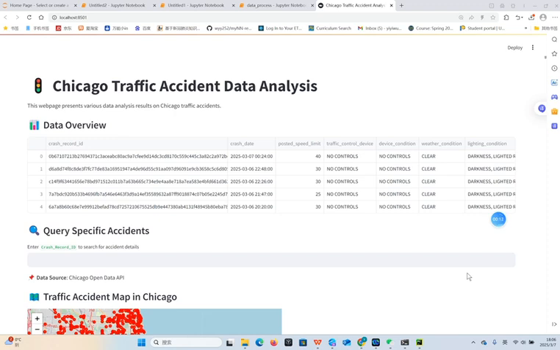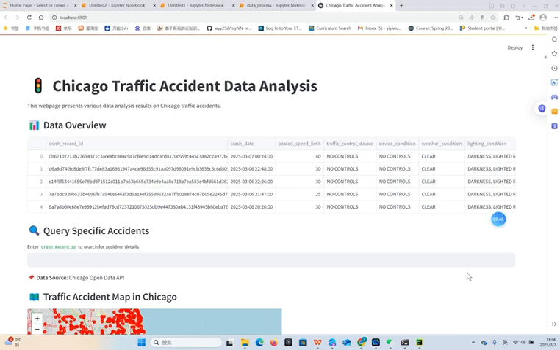The reason I chose this project is that traffic safety is a very important topic, and every year a large number of traffic accidents occur in Chicago. So in this analysis, I try to identify high-risk accident areas and determine which factors influence the severity of accidents. I hope through this data analysis, we can better understand the potential patterns of accidents, optimize traffic management, and